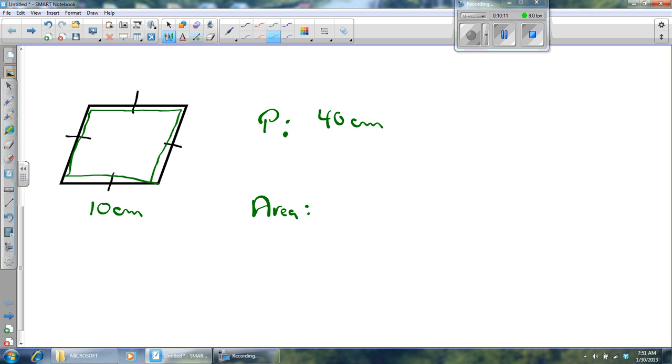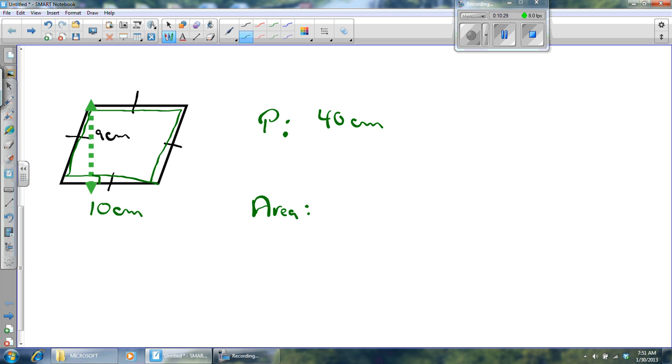Hopefully you know you can't do the area because I haven't given you enough information. I have to drop in that perpendicular piece, and then you also have to know how long that perpendicular piece is. And that's going to be 10. I'll tell you what, let's make it